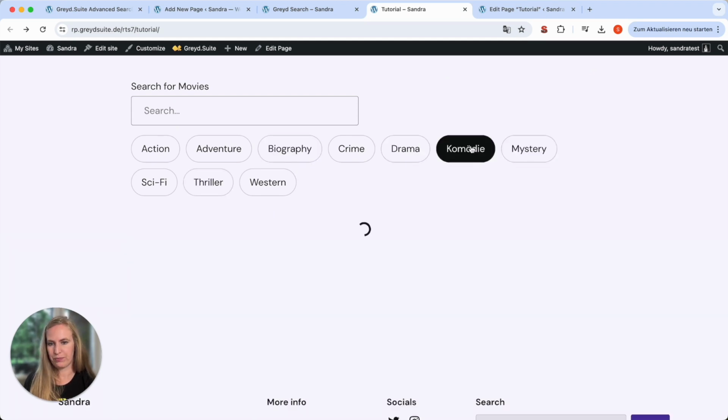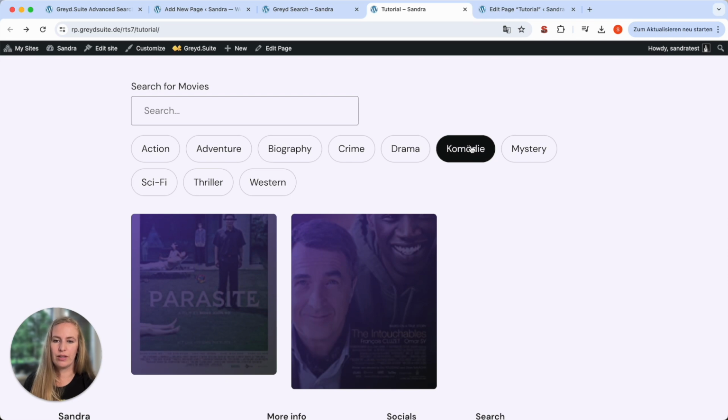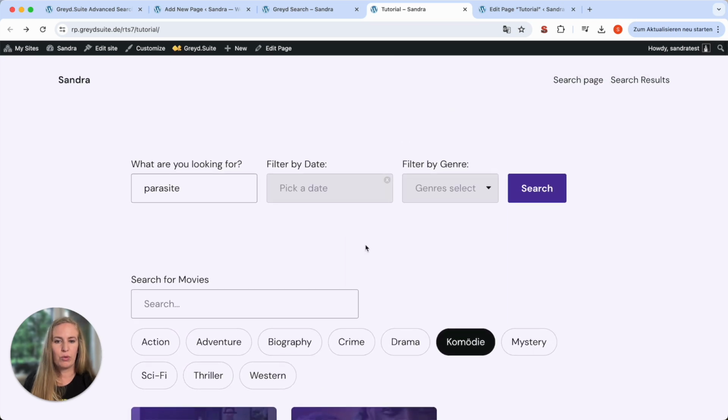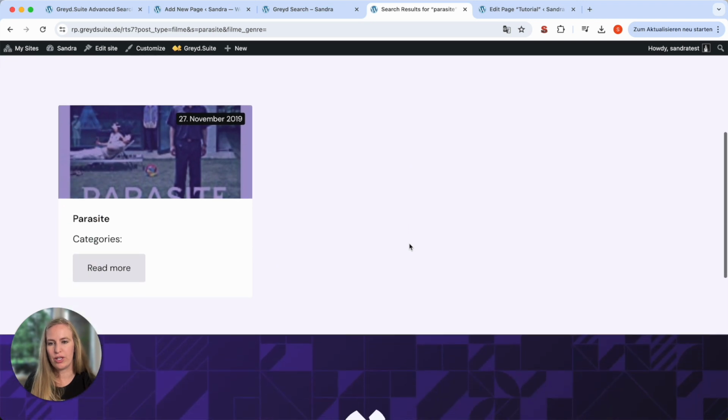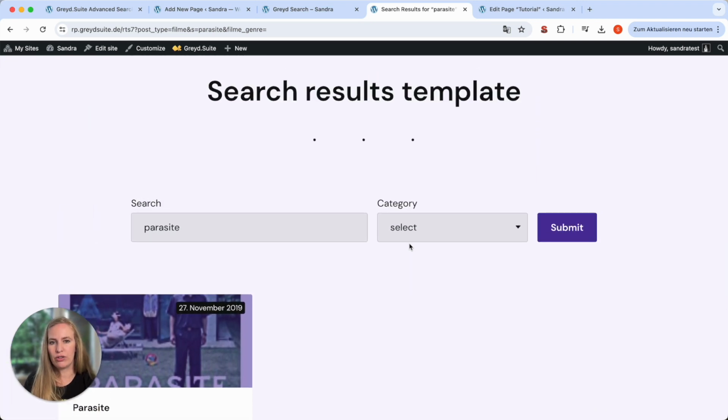So in general, if you want to learn more about how these post sliders work, dependently or independently from the search, then we have a dedicated tutorial on that in our help center. Also, if you're not working with the live search but with the regular search that shows you the results on the search results template, there is also a tutorial in our help center showing you how to design and work